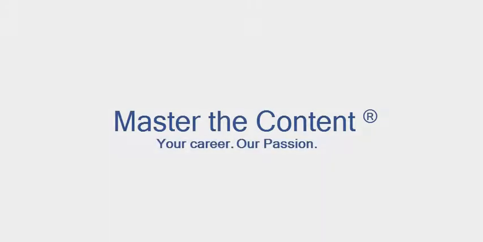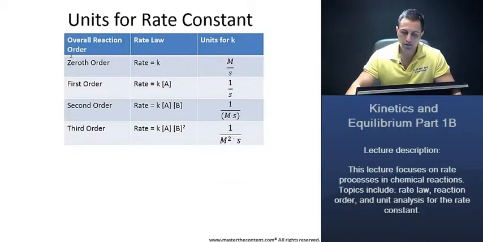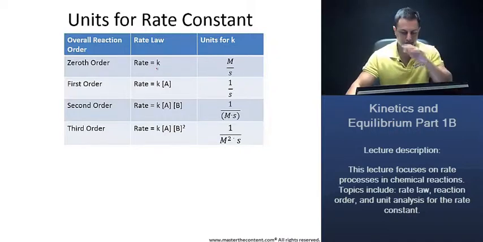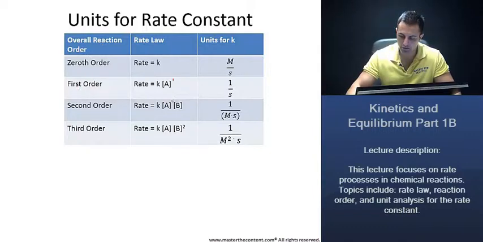Your career, our passion. So like we said, when something is to the zeroth order, that means it's independent of the concentration. So this here makes complete sense, right? Furthermore, when you don't see a number, it's just like having a 1 there. And when the order of the reaction is 1, we just said that the overall reaction order is first order. And if there's nothing here, like we said, it's just a 1. 1 plus 1 is 2, so that the overall reaction order is second order. That's how you would say that. And then if there was a 1 here, so 1 plus 2 is 3, so then the overall reaction order